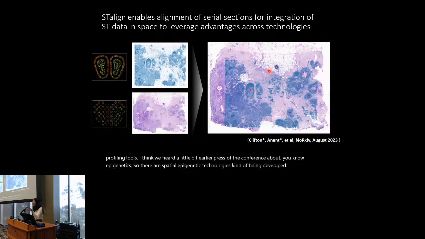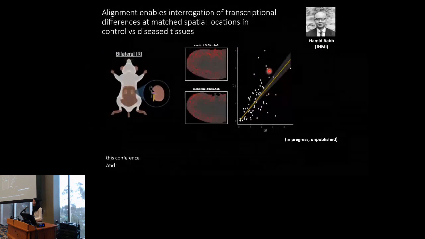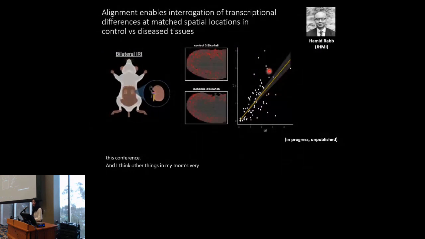Perhaps we can use one tissue section for spatial epigenetics or spatial ATAC, and one tissue section for spatial RNA-seq, and then use physical alignment as a way of integrating across these different data sets, as a complement to some of the manifold alignment approaches that we heard about earlier in this conference. And I think other things that my lab's very excited about is